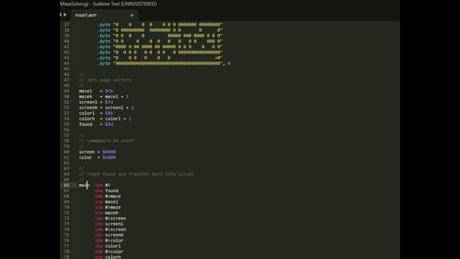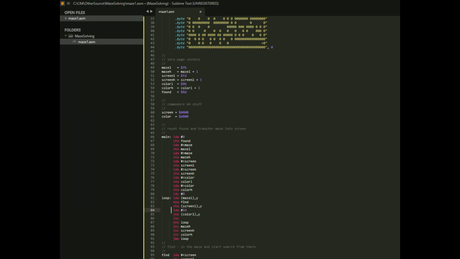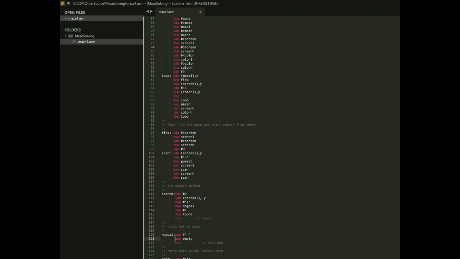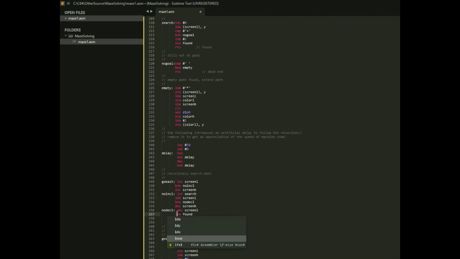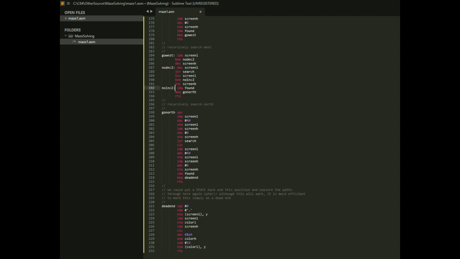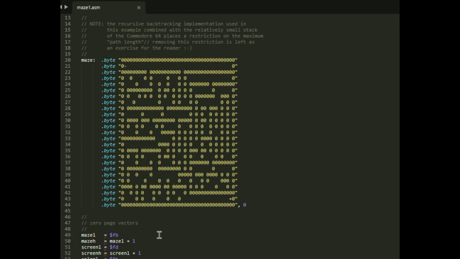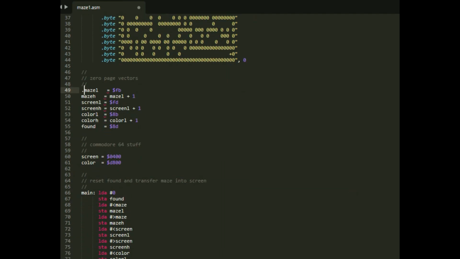And then the labels here need colons on them. We'll try first compile. Oh, yeah, we have to put dot labels on all these. And then on this last one here where it has the comma 0,